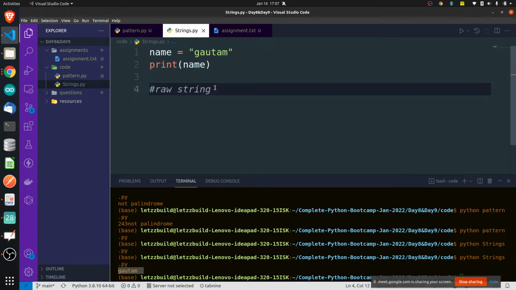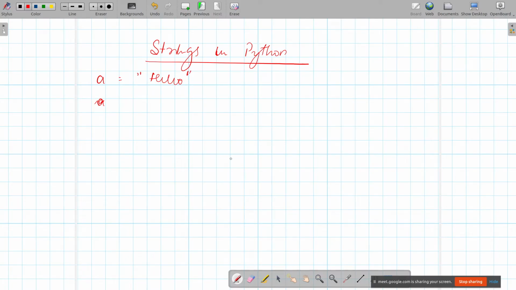Okay, this you might not be knowing. What do I mean by this? Maybe you might contain some characters, something like this. Maybe you want to have some characters like \t or \f or \n, something like this. What will you do at that time? What if I tell you to print something like this?